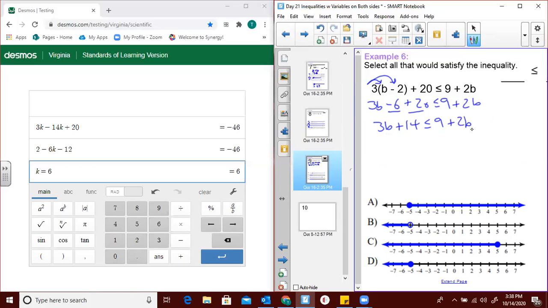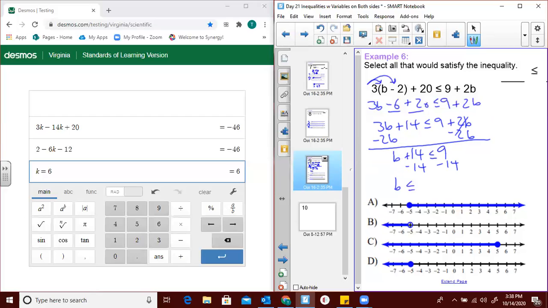And then I'm going to get my variable to the left-hand side. So I will subtract 2b from both sides. These will cancel out. That will leave me with a positive b. Remember, there's a 1 here. You can put it there, but it is not required. Plus 14, which is less than or equal to 9. And I will subtract 14 from both sides, which will give me b is less than or equal to